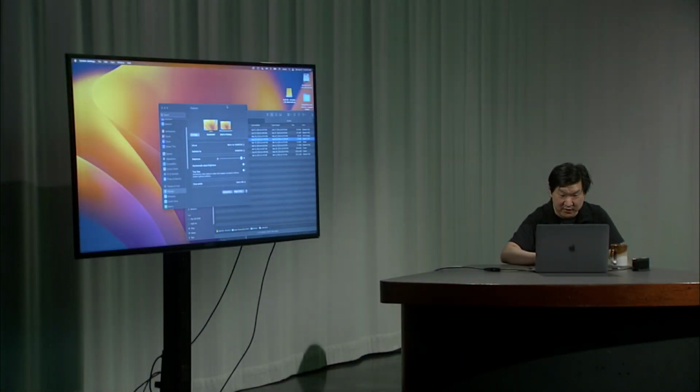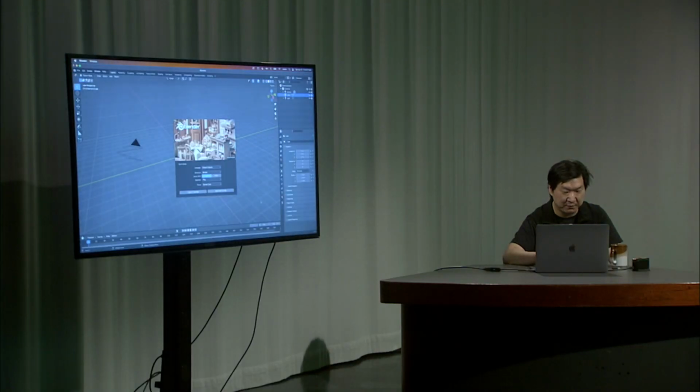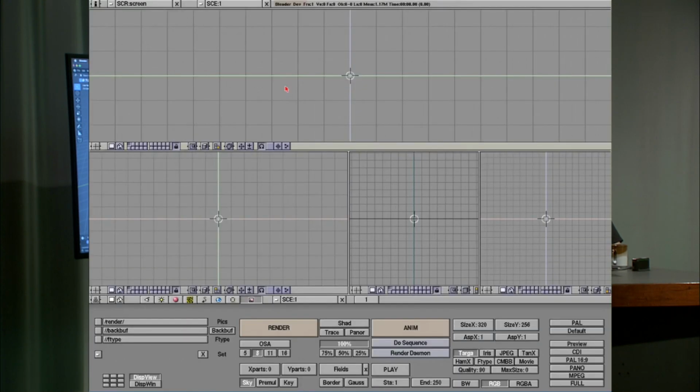So Blender is the program that I use the most personally out of this bunch, both just for personal fun and for some work stuff here. It's a fully fledged 3D graphics program. Back maybe 20-ish years ago, I looked up free 3D software, and this is when the internet was brand new. So this is just how people operated: you typed in what you were looking for. And this and a few other things came up, and the first version of this that I ever looked at was literally